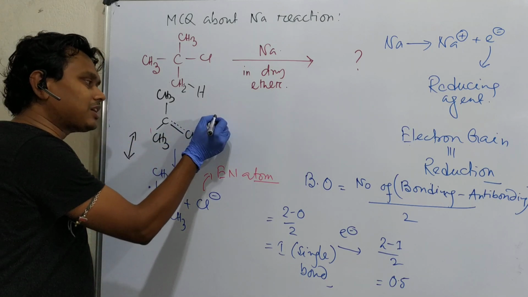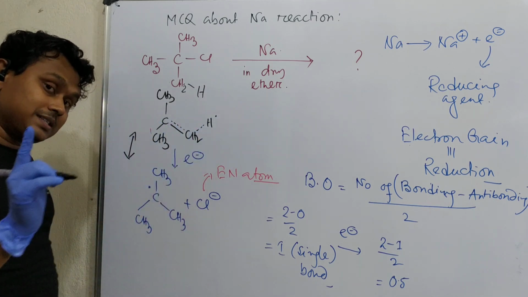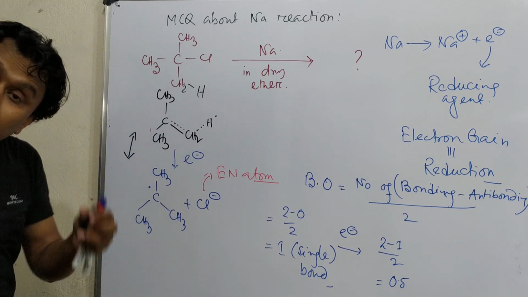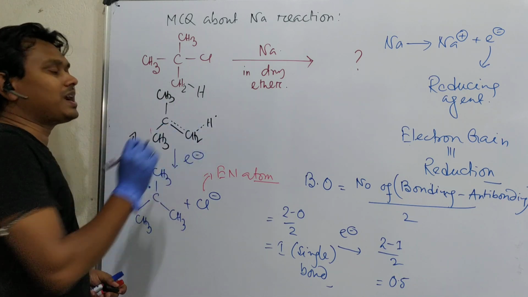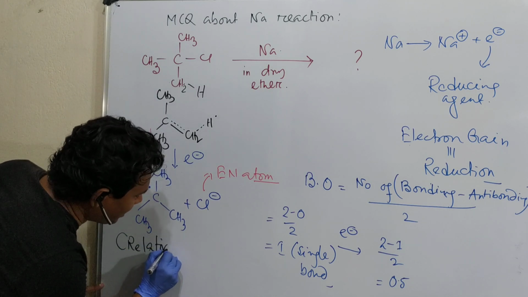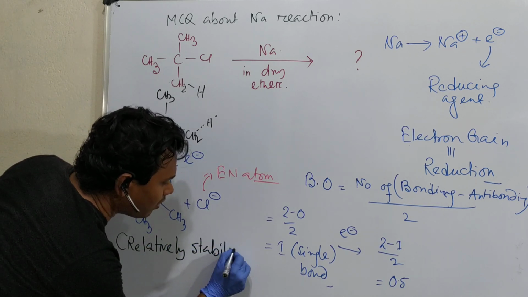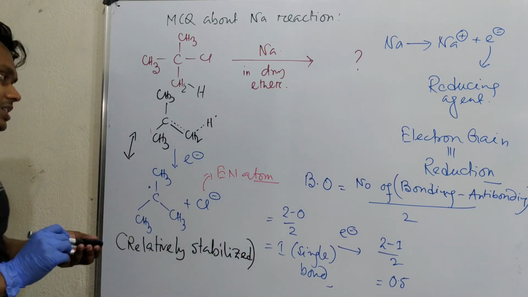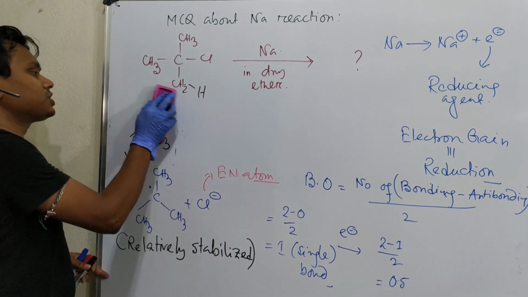Actually, the radical is not on hydrogen, not on carbon, and this bond is not broken, it is there. So it's a no-bond resonance. In this way, there are 9 ways in which this radical could be stabilized. So this radical is produced and it is relatively stabilized. Don't say the word stabilized directly, because a radical is generally not a stable thing, but in this tertiary case it is relatively stabilized. Fine, so we have understood the relative stabilization of the radical.